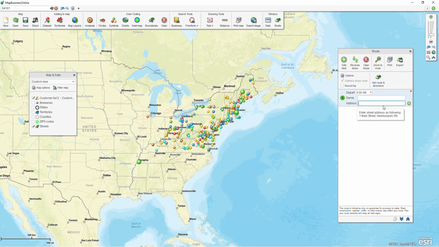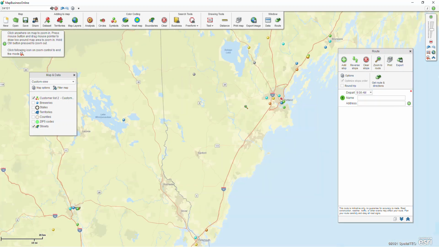So this is where you can type in your home location or office location or hotel you're staying at, and you can just manually enter it in and then click this little plus sign and it'll add that to the route. We can also click on points on the map, and so if I just zoom in a little bit here,